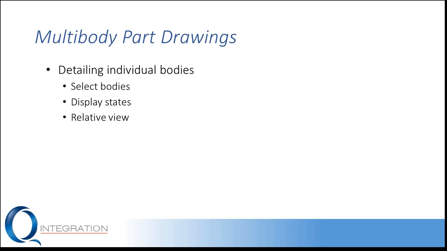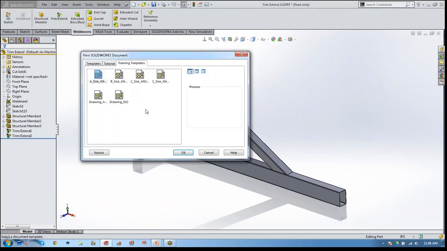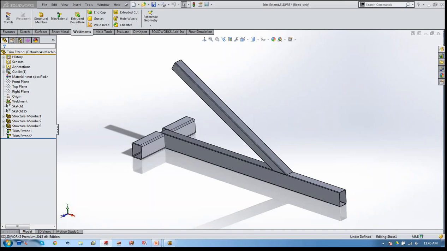So now we need to detail these multi-body weldment parts. How do we do that? Well, let's go ahead and take a look at an example inside of SOLIDWORKS. There's 3 ways that we can do this. Really, I prefer only using 2 of them. But if we make a drawing from this part,